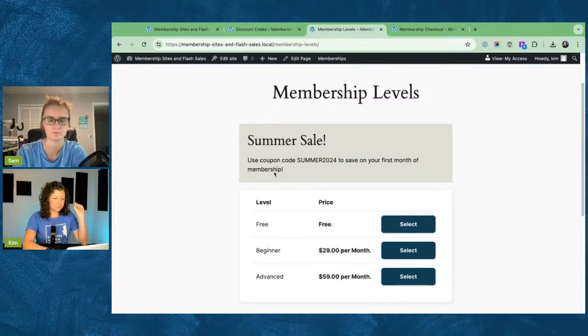But yeah, I can install that and set that up. But just by default, if you don't have any other plugins in Paid Memberships Pro, you can set up a discount code and you can alert people to what that code is. And a simple way to show whether the person is logged in or logged out is to use that content visibility to make sure that it's hidden from all your logged in members,